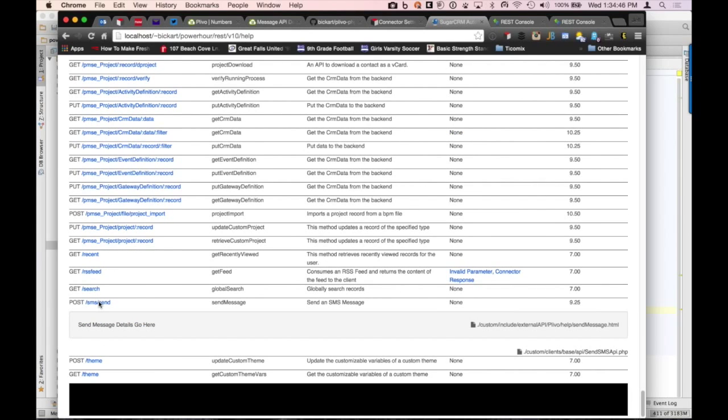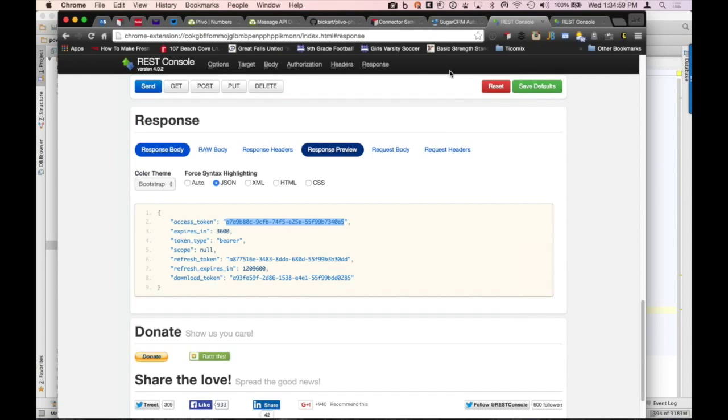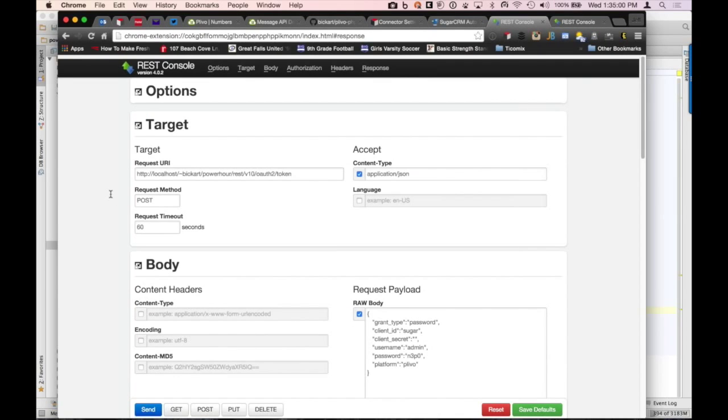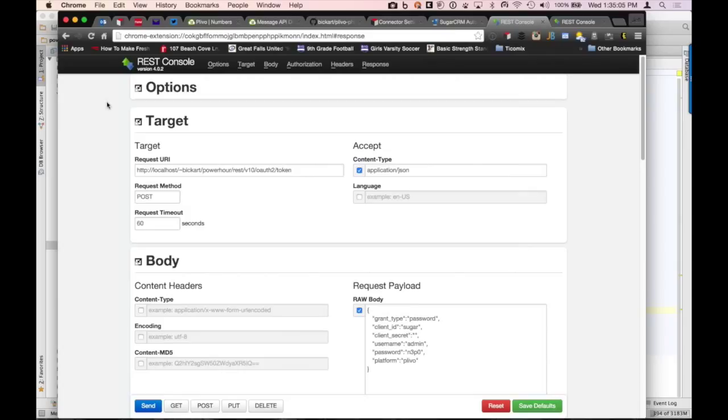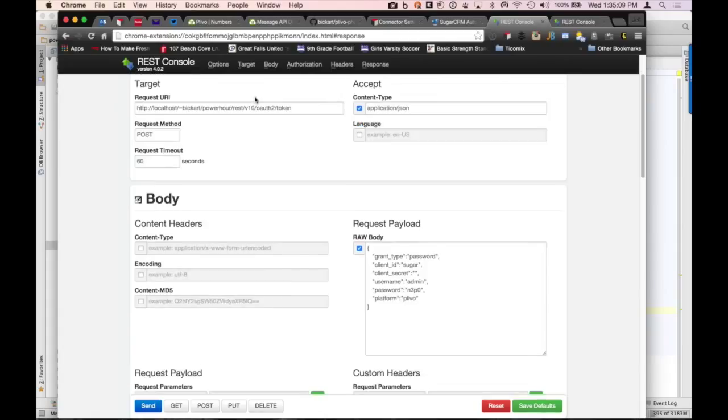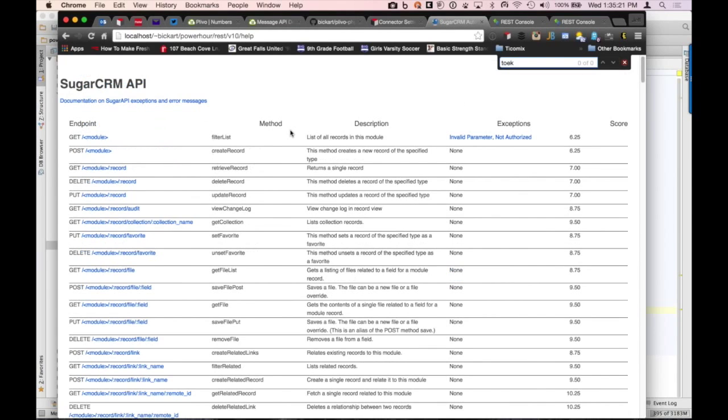So the next thing I need the ability to do is actually test this. I didn't actually build anything into Sugar to utilize this service yet, but I need the ability to test this. So I'm going to use an add-on to Chrome, a Chrome extension called REST Console. And in here, the first thing I need to do is go ahead and get a token. So I use my API, which points to my local instance of Sugar, and I go to REST v10 OAuth token. So if I go back to here and I look for token,